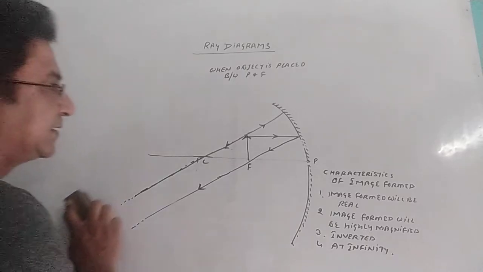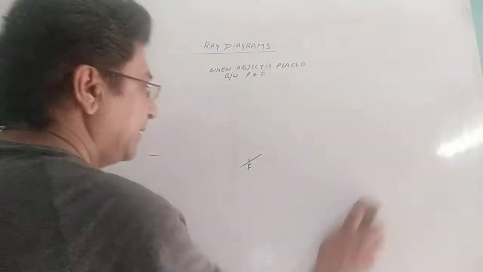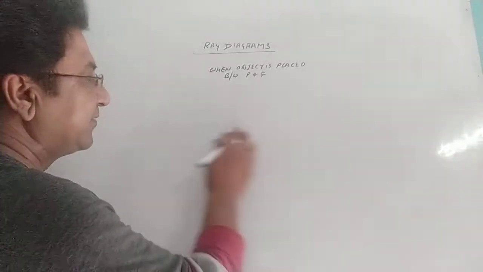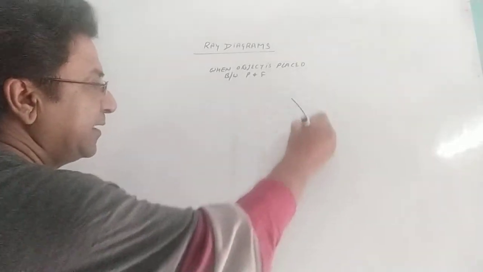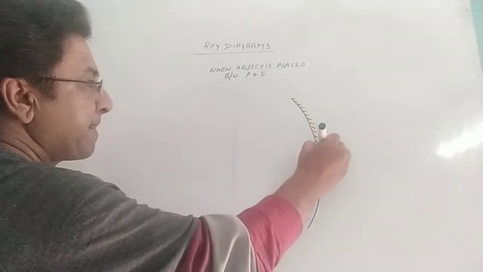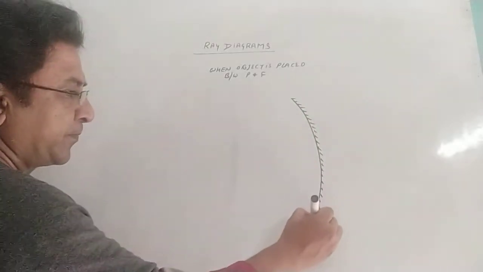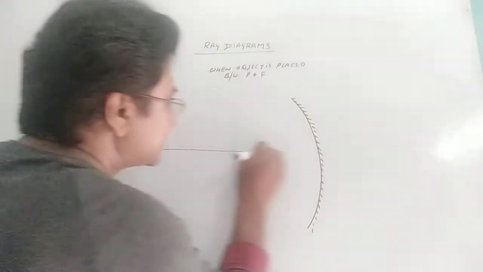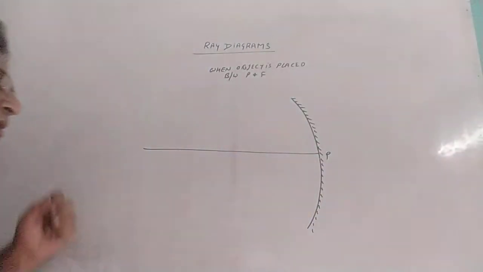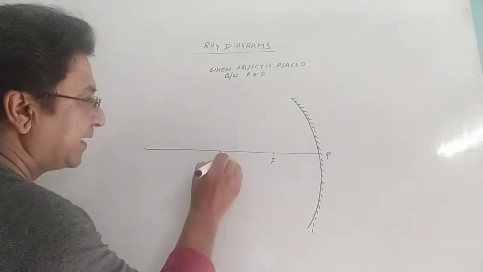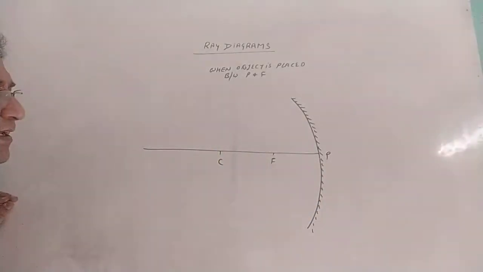Let us go for the third. You must draw properly by measurement and remember where the object is placed and where the image is formed. That will help you in numericals also. So third position, by measurement find the pole. So this is the pole and this is focus. Again I'm not discussing, measurement has to be taken.